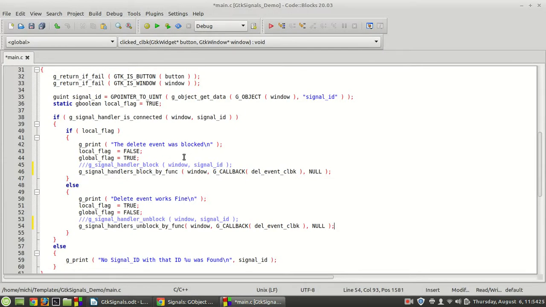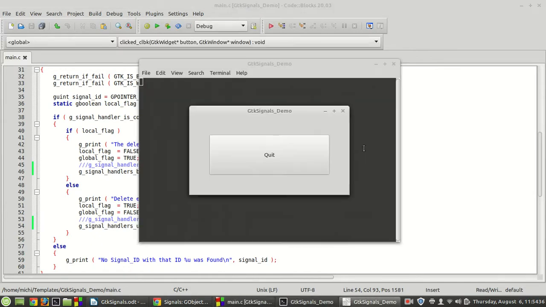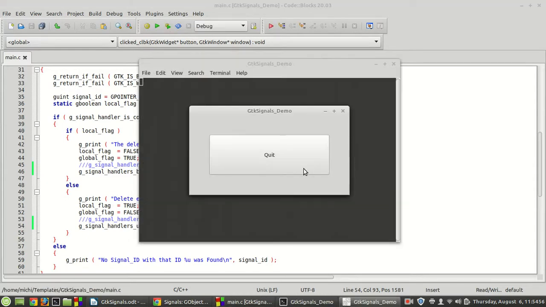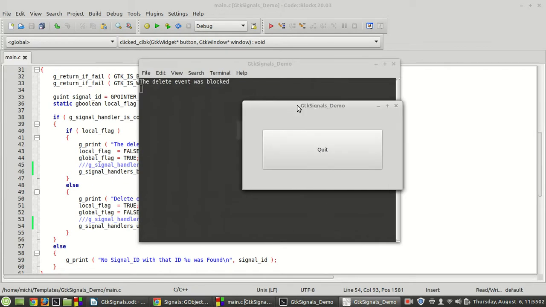So like I said in the first video, if you press the button and then you click the X, at that point you basically close the program because you deactivate the signal. But now we are blocking the function which is working with that signal. In other words, let's see if I close the program right now. It says have a nice day, goodbye, which means both are called, it's true. And now watch what happens when you press the button, it says the delete event was blocked, and